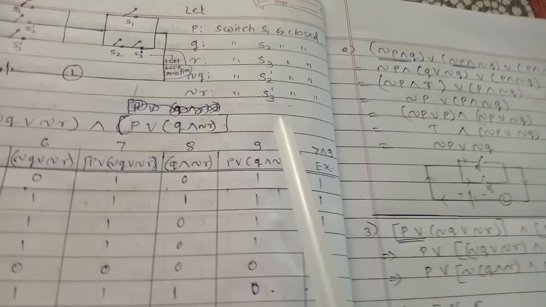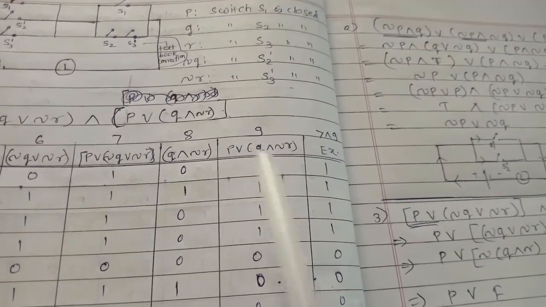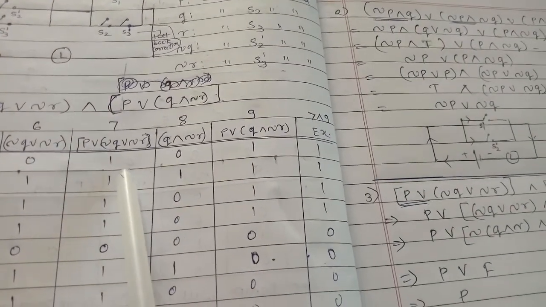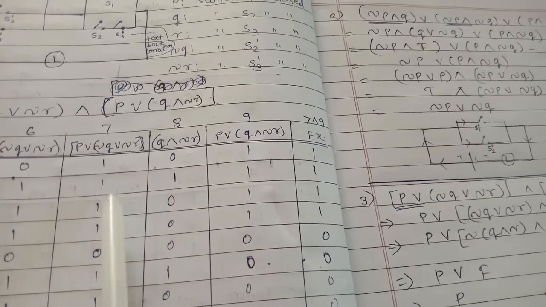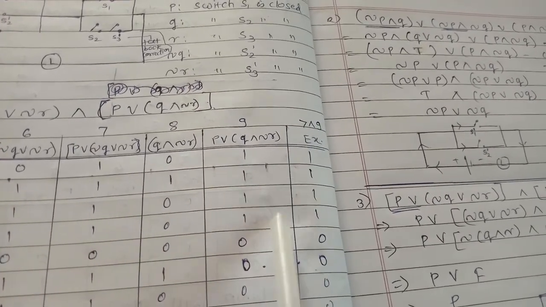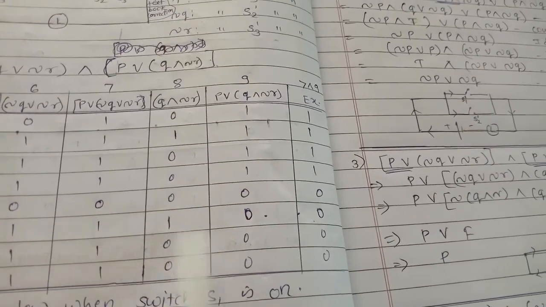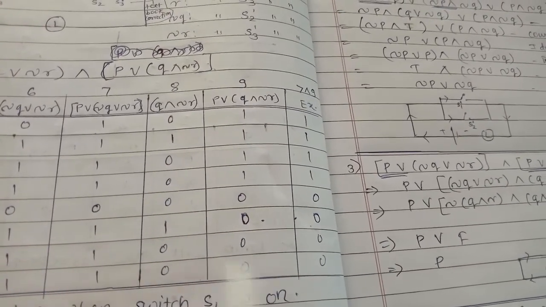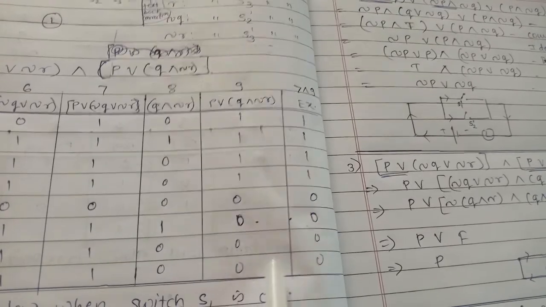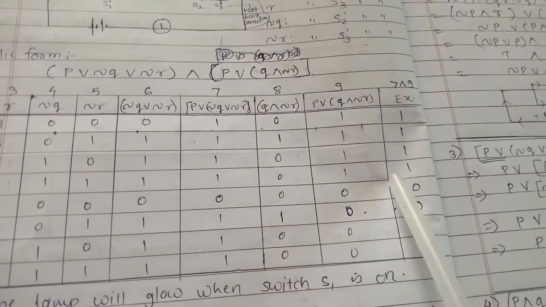Again the last one will be the 7 and 9, so we have to take the conjunction between 7 and 9. So conjunction means if both the statements are true, then it is true. So first four we get here 1 1 1, and the last one, we don't get both the statements true, so it is false. So what is the meaning of this one? Means यहाँ पे लैम्प कब ग्लो होता है कि जब we get, that is